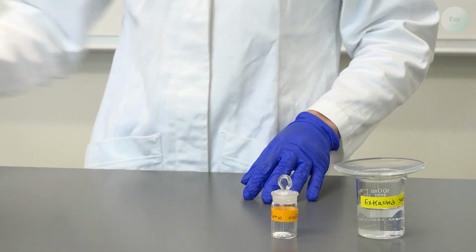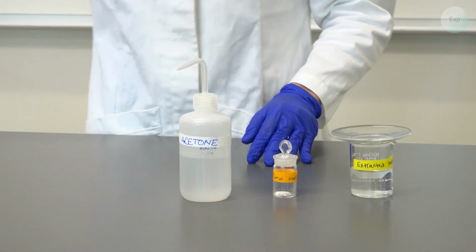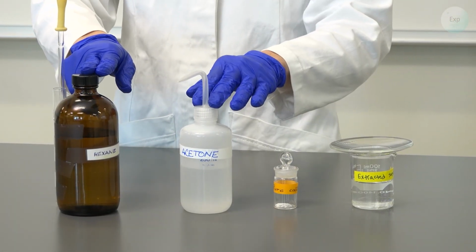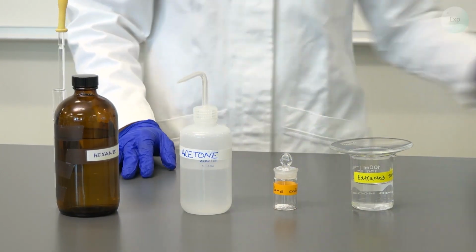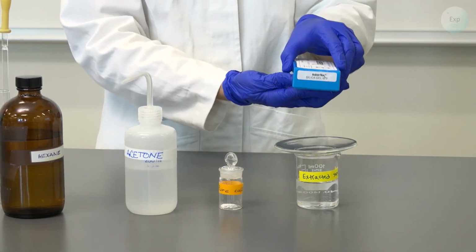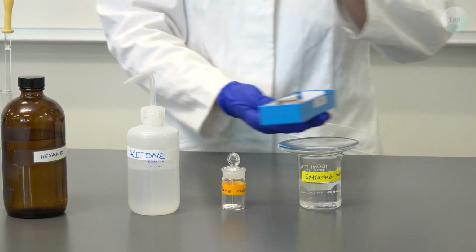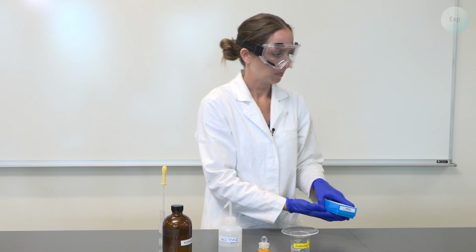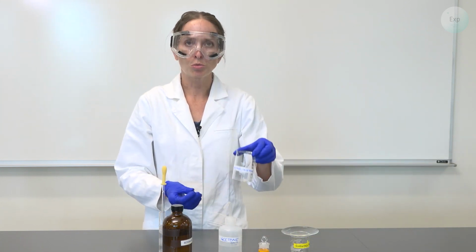We are also going to need some acetone, some hexane. We will use a combination of these for the TLC solvent, and the caffeine is going to be dissolved in the acetone. We are going to need a TLC plate, we're also going to need an empty 150 milliliter beaker to run the TLC in,